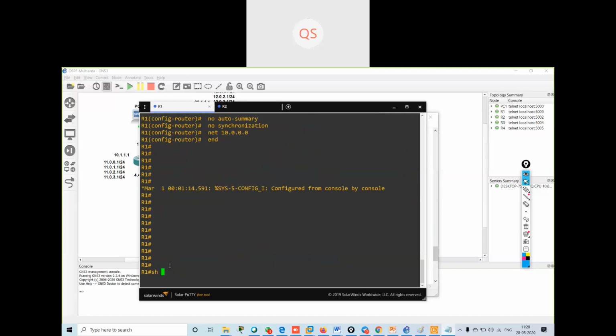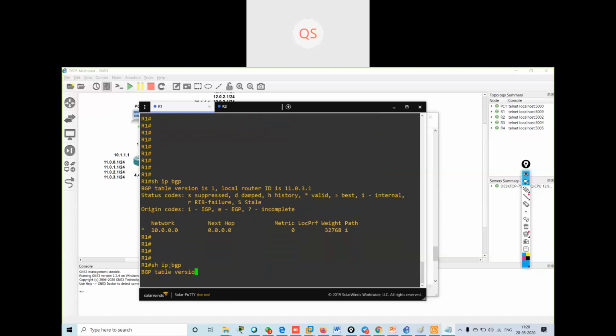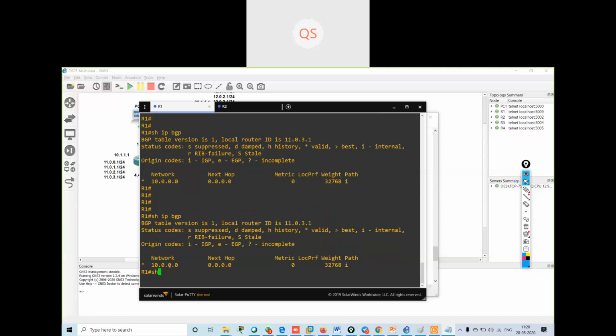If I give show IP BGP, I have a neighbor. Show IP BGP summary.